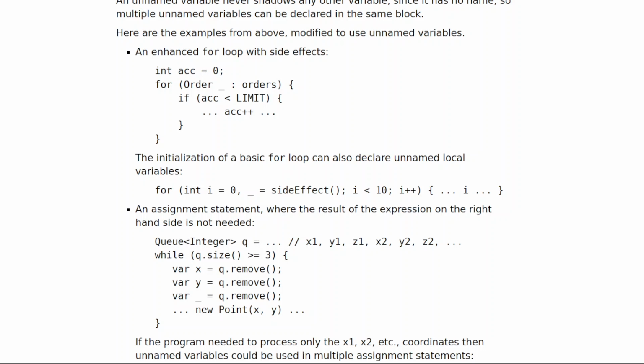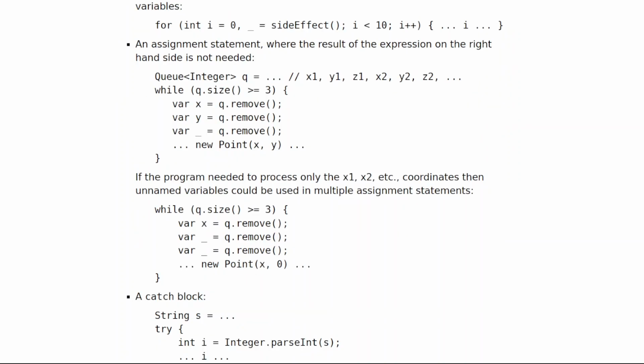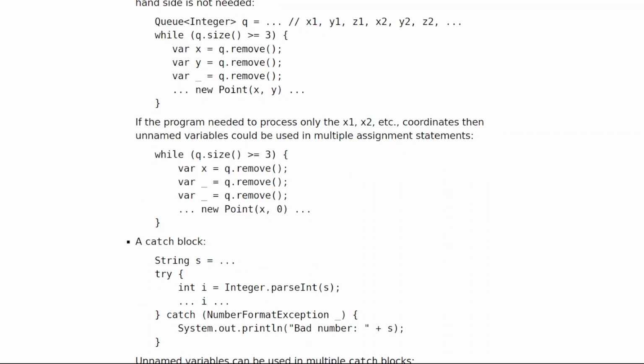If the program needed to process only the x1, x2, etc. coordinates, then unnamed variables could be used in multiple assignment statements. while (q.size() >= 3) { var x = q.remove(); var _ = q.remove(); var _ = q.remove(); new Point(x, 0); }